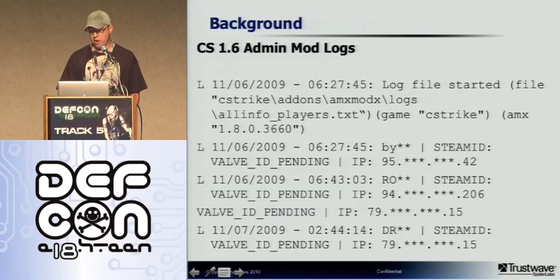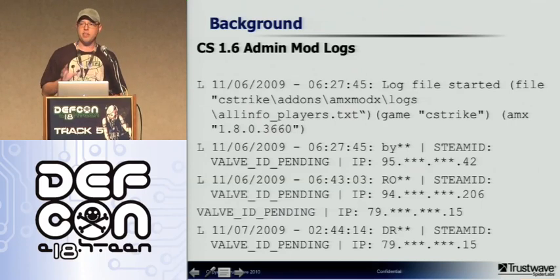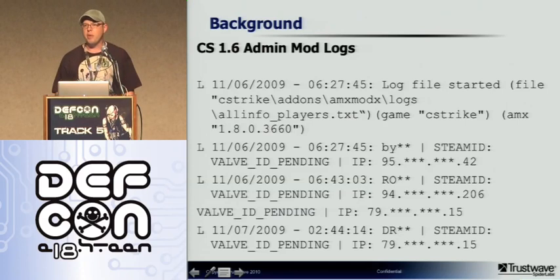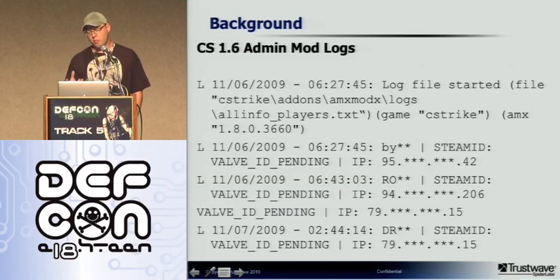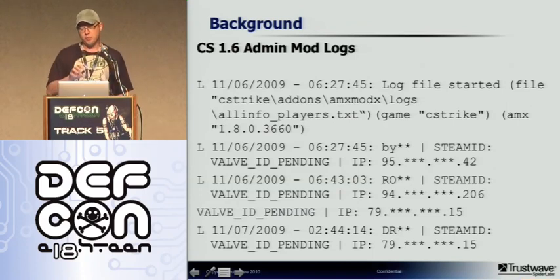So first, a little bit of background. Originally, my idea was to look for personal, sensitive information. I do credit card data breaches, so I thought, hey, you can buy stuff through these consoles. Perhaps I can find credit card numbers stored in these things, or usernames, passwords, all that fun stuff. As I discovered, that was going to become more of a fool's errand,